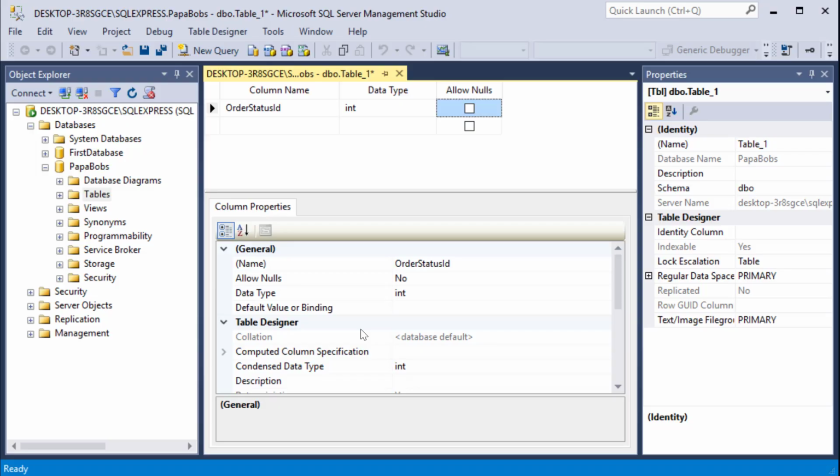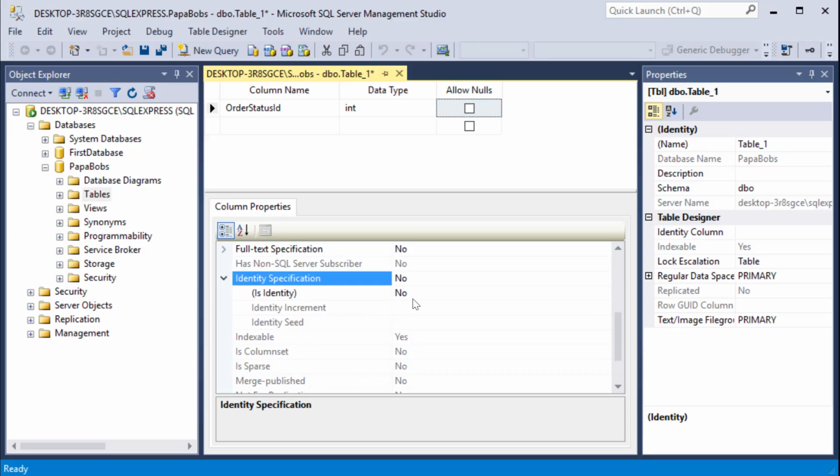There is a way to dynamically, using functions in T-SQL, create new GUIDs, new unique identifiers, but I haven't demonstrated how to do that. So we'll stick with integers because it's easy to type 1, 2, 3, 4 into a select or an insert statement, right? Okay. So let's go ahead, while we're here, make this order status ID column into an identity column,